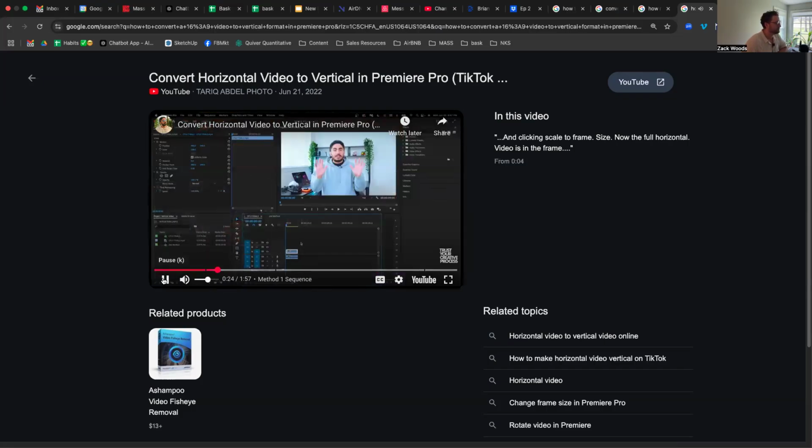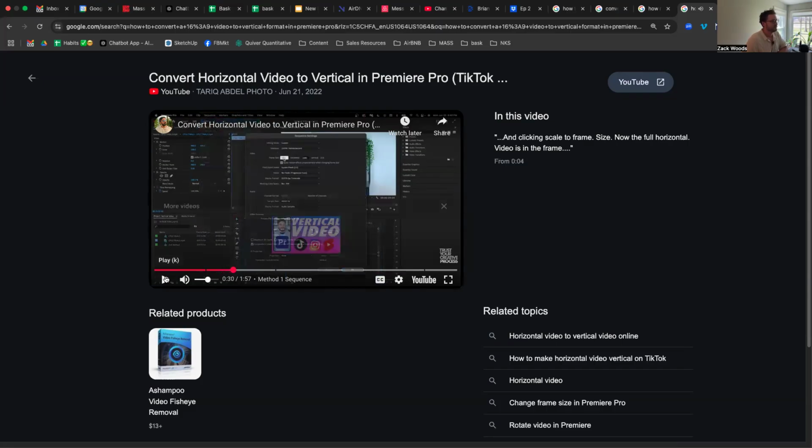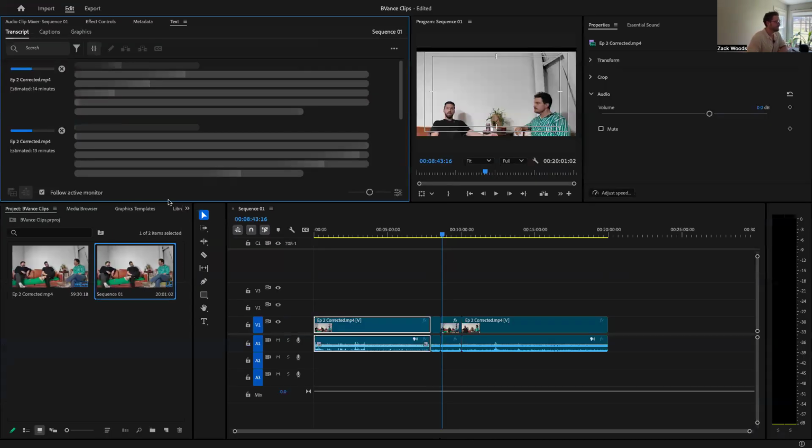The first method to convert my horizontal video into vertical is by going into sequence settings, and changing the frame size. Sequence and sequence settings, right? So boom,